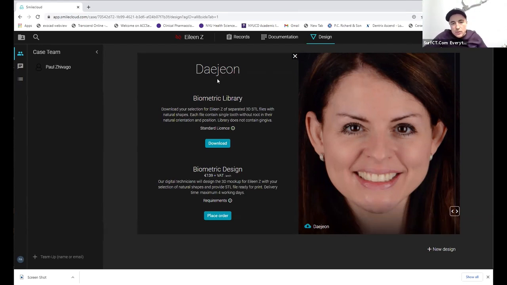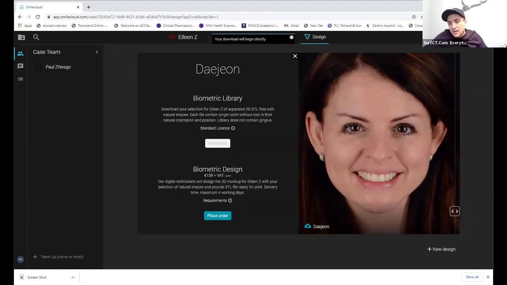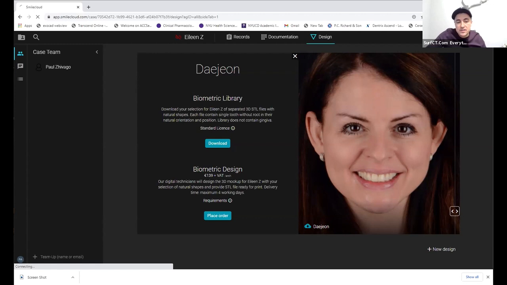let's go further. So when you click this download button, you can see that the download starts. And I'm getting the library now that matches this picture. And you can see this here. So the biometric library is going to be imported. And what I get is